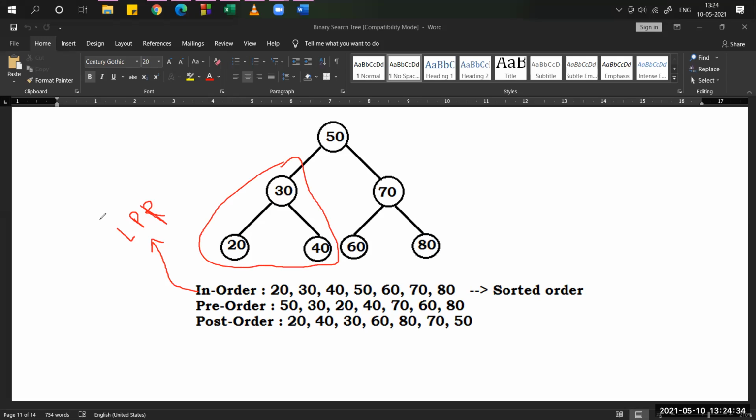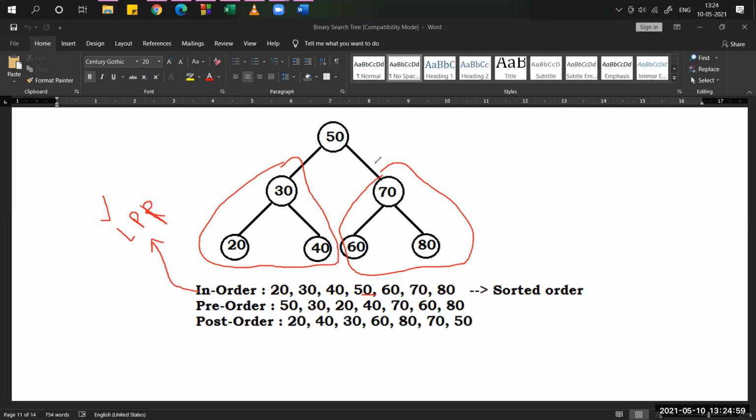So left was over. Now who is the parent for this? The parent of all the left nodes is 50. That's why 50 came here. Now we need to print these three values only, all present at the right side. Even so, we follow the same formula: left first. Among these three nodes, what is the left node? 60.